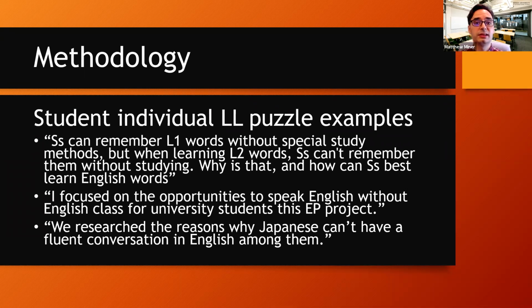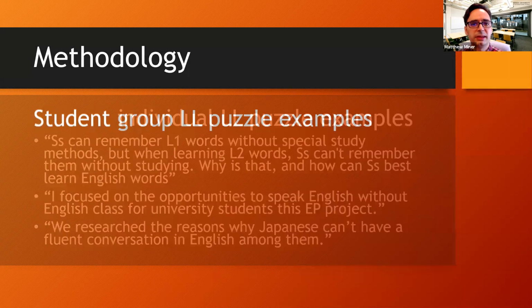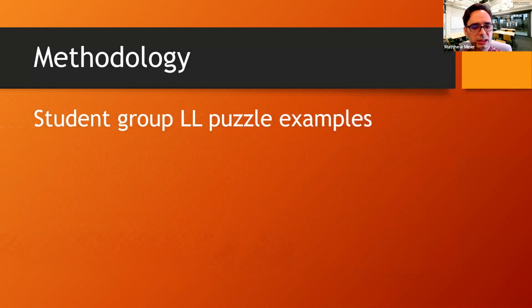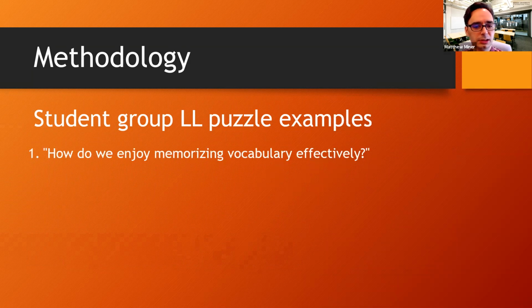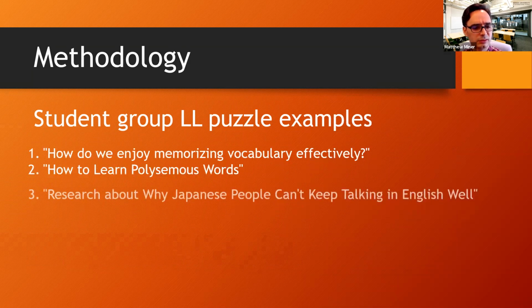So students did think about quality of life in the classroom, right? What's different from in the classroom and out of the classroom. So those were some individual language learning puzzles. And from those puzzles, we found common themes or common threads, and we did an initial genre project in groups. So students were able to work with partners. And these were the 7 group topics.